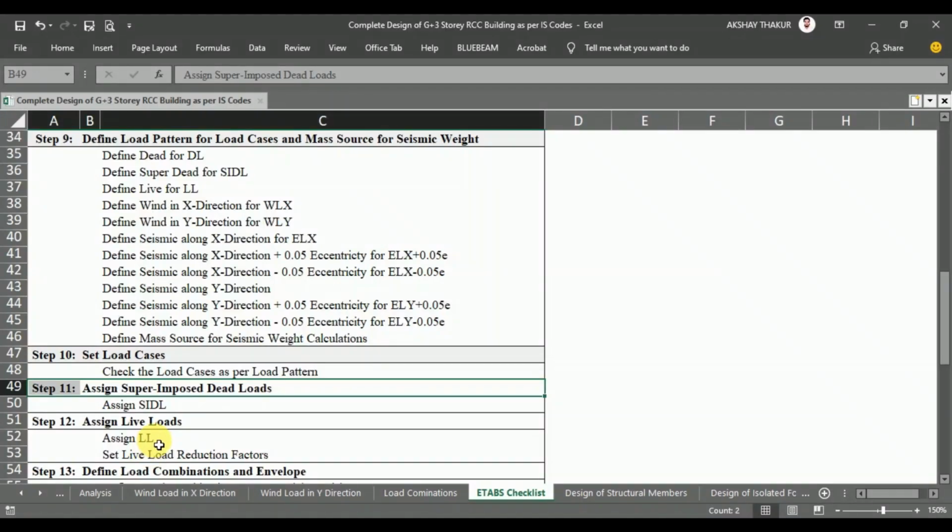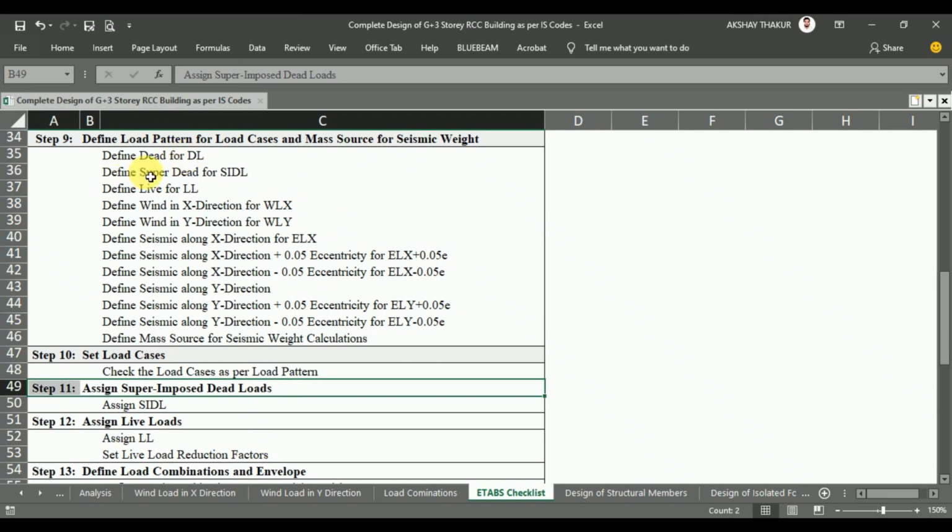In our structure, we define the different load patterns such as dead load, superimposed dead load, live load, wind load, and earthquake load. While defining the load pattern, we define the parameters for the wind load and seismic loads. So during analysis and design, the software considers those parameters and applies the loads for the wind load and earthquake load. Whereas ETABS considers the self-weight of the structure by itself.